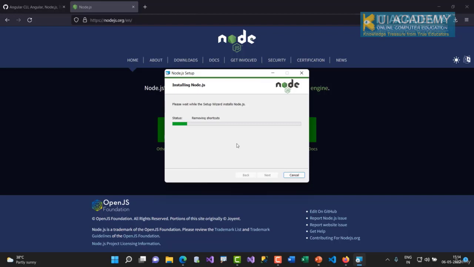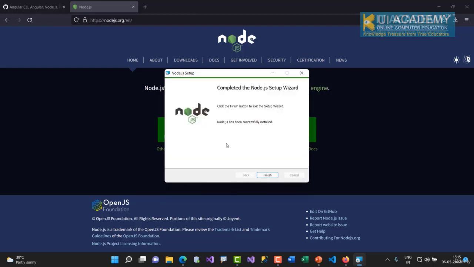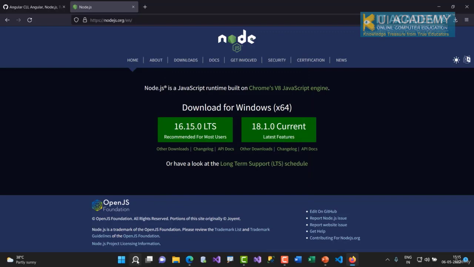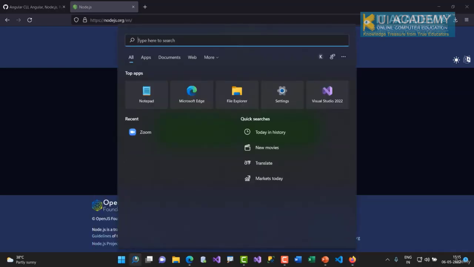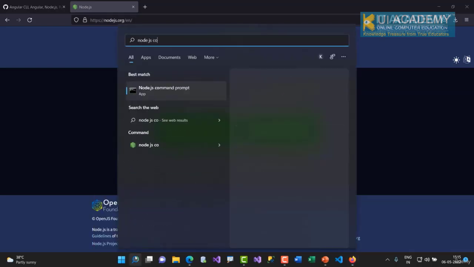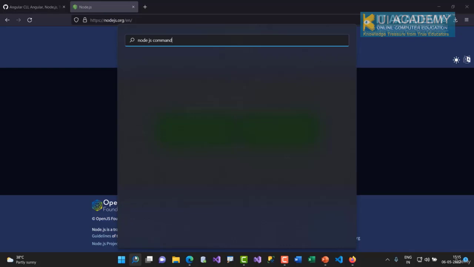So let's wait till the installation process gets over. So now you can see Node.js has been installed successfully. I'm going to click on finish and simply go back to the search prompt and search for the Node.js command prompt,